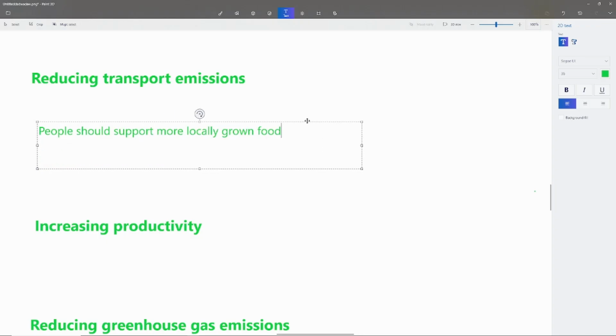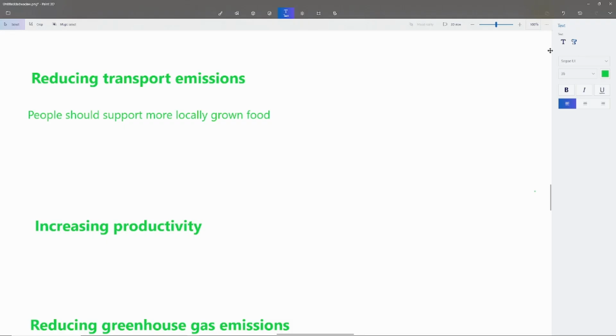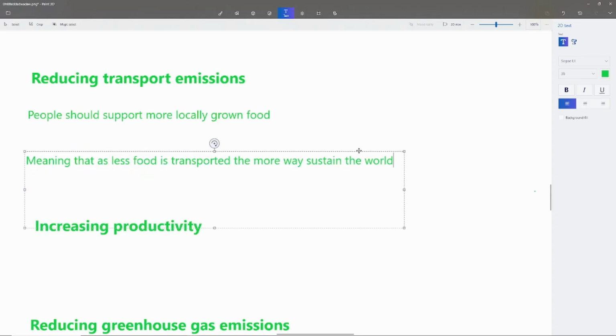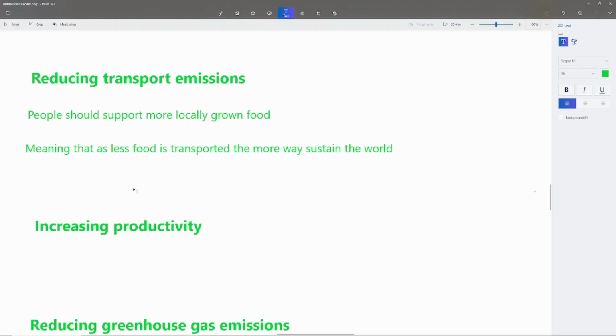What this means is just that people shouldn't buy all of their vegetables and meat that is transported across from another continent, meaning that the less food is transported, the more we sustain the world in that sense. Because obviously transporting all of these